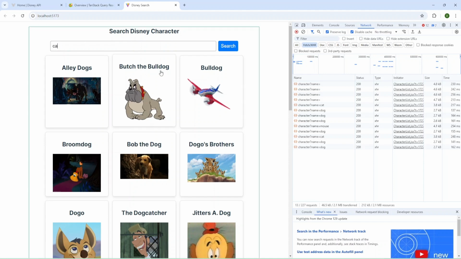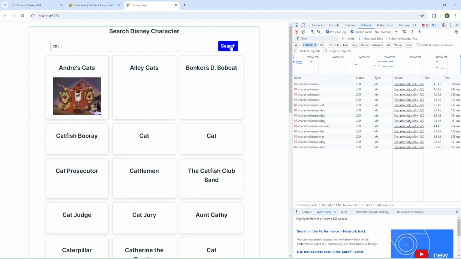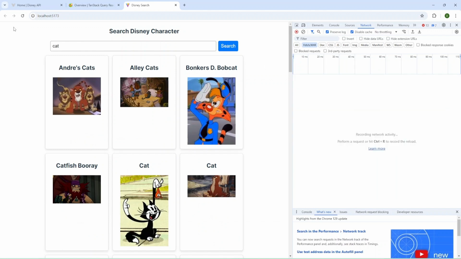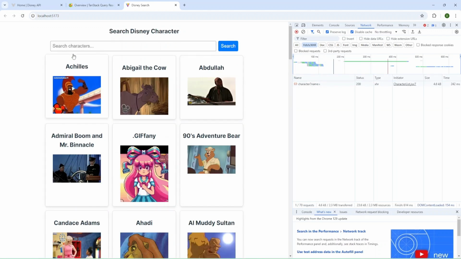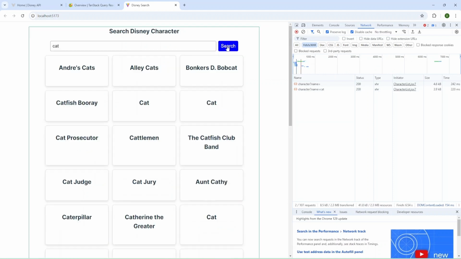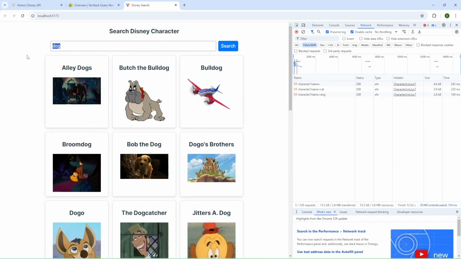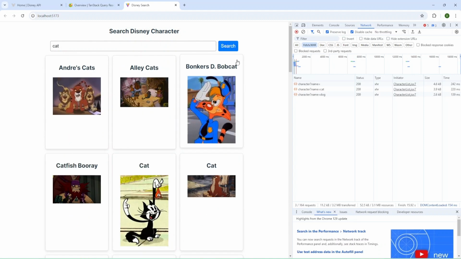I'm going to type cat and press the button, and as you can see, a request was not made, and let me provide cat and search. Okay, and now I can provide dog, and then return to cat again, and as you can see, a request was not sent.